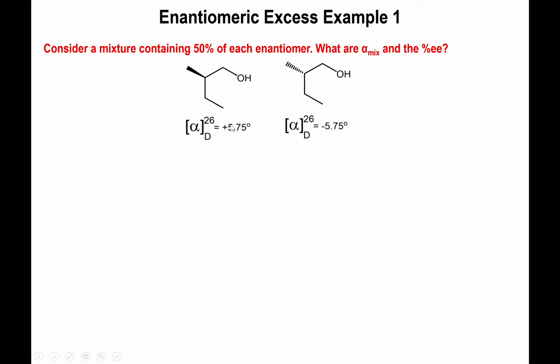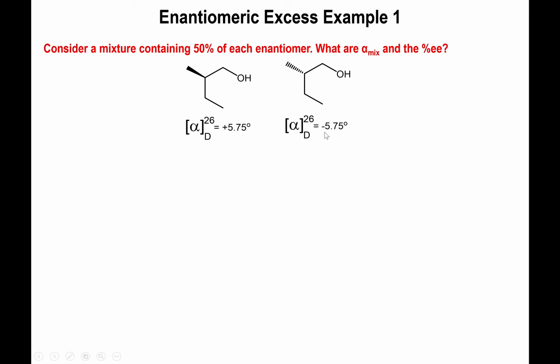Now notice that the maximum rotation, which the typical symbol for is alpha in brackets, 26, and then D telling you that it's the D line, 26 telling you that's the temperature at which the experiment was carried out. You have a rotation of plus 5.75 degrees and then a rotation of negative 5.75 degrees,